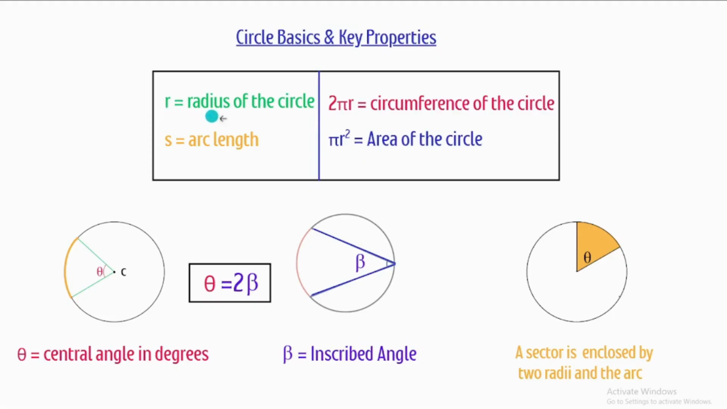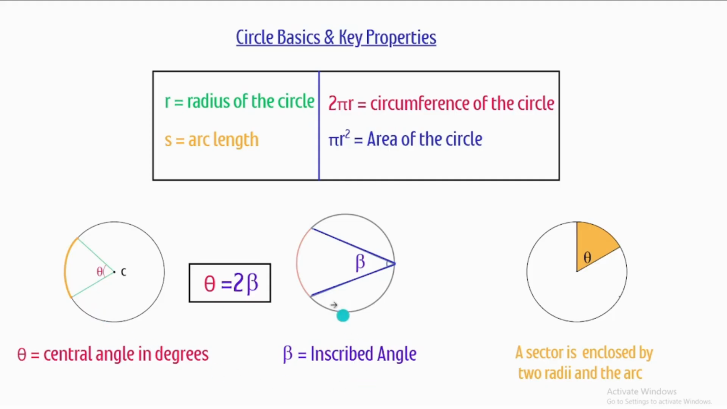This is R, the radius of a circle. This is the arc length S. This is an arc of a circle. Of course, we know that the circumference of the circle equals 2 pi r, and the area of the circle equals pi r squared. This is the central angle,